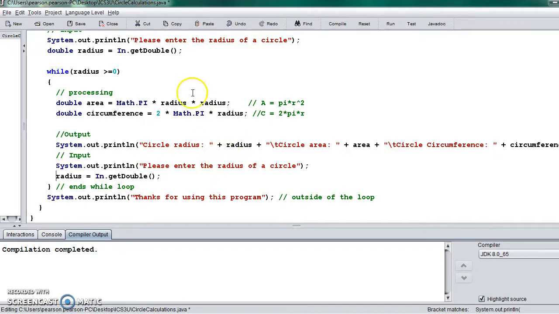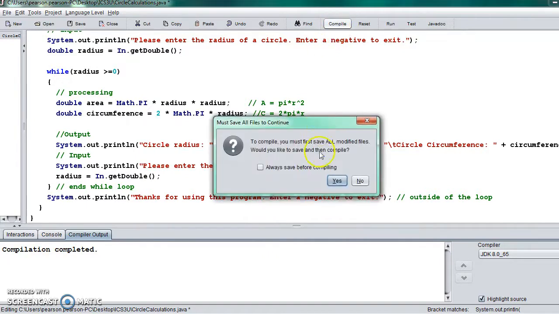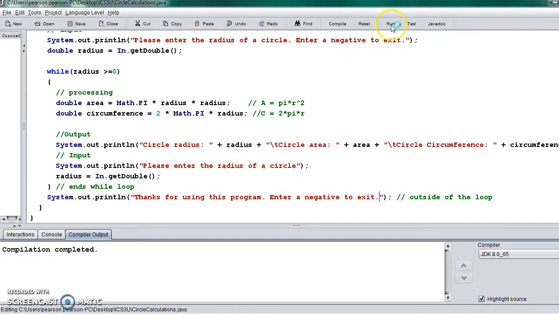And the other thing you can do is also communicate to your user how you expect them to exit. So please enter the radius of a circle, enter a negative to exit. Without that communication, the user wouldn't know how to exit the program. So I'm going to put that down there as well. And now if we compile that and we run,